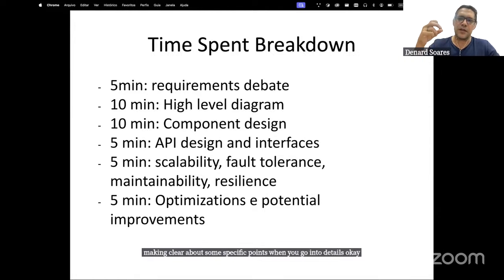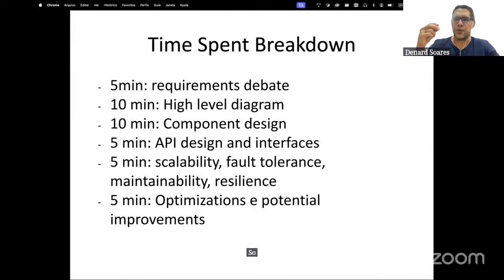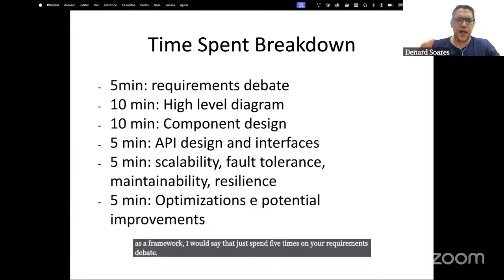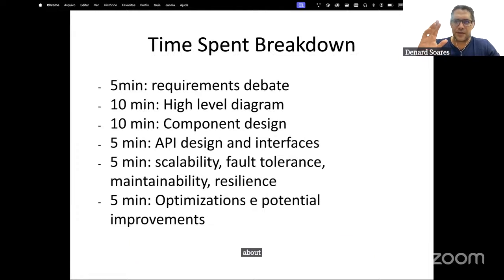So you can have some support for your decisions, but as a framework, I would say just spend about 5 minutes on your requirements debate. About 10 minutes on a higher level diagram, okay?